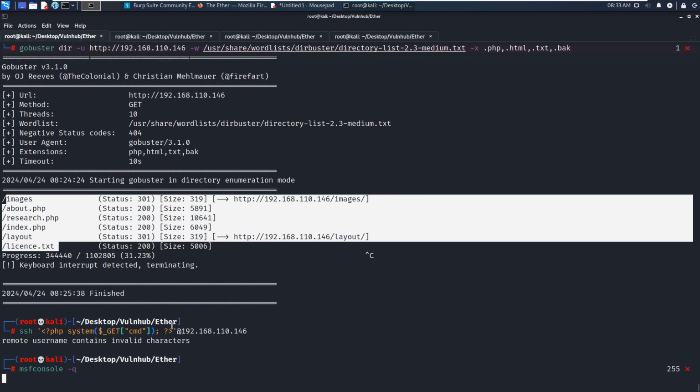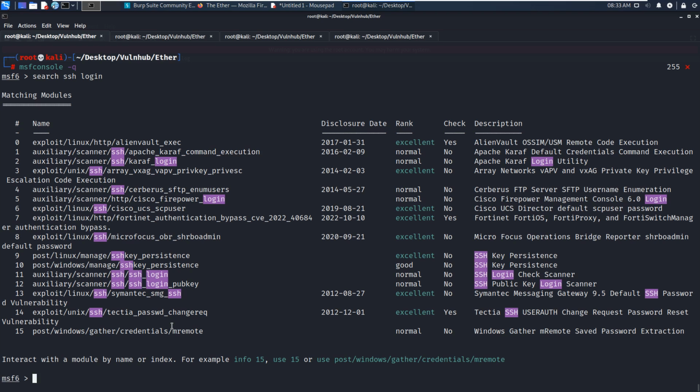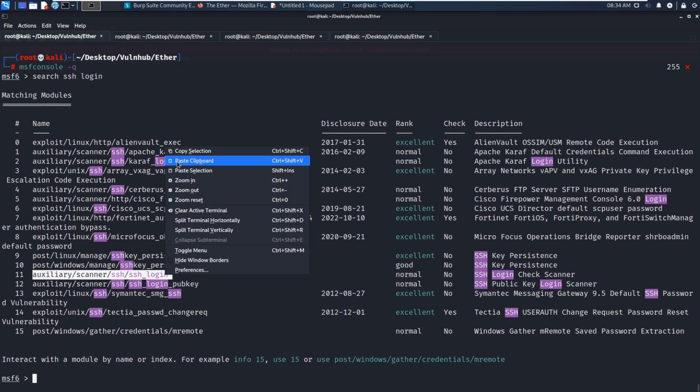You know, Metasploit has a module which allows us to do brute forcing against the SSH service. So we can use search ssh login, and this one module scanner will try to log in. This login check scanner. So we can copy this